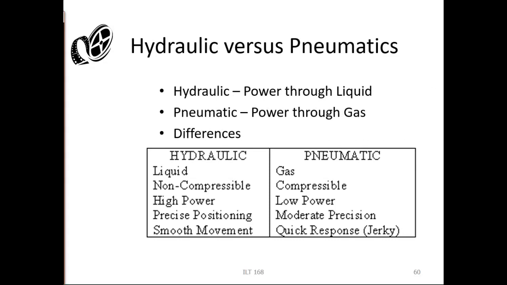So hydraulic, power through liquid. Pneumatic, power through gas. Hydraulic fluid is not compressible. Why? Because if you start really compressing hydraulic fluid, it's going to leak like crazy. However, air does not mind being compressed to some degree. However, if you overcompress air, it will start to form bonds with each other. Hydrogen, helium, oxygen, and nitrogen all like to bond to other atoms. Not generally a good thing when it does.